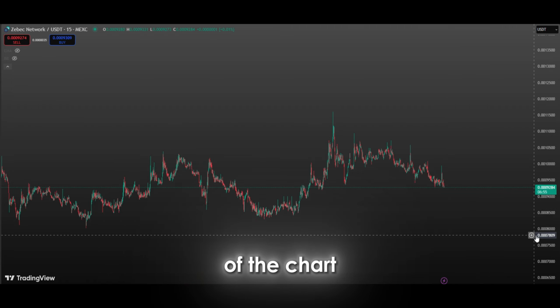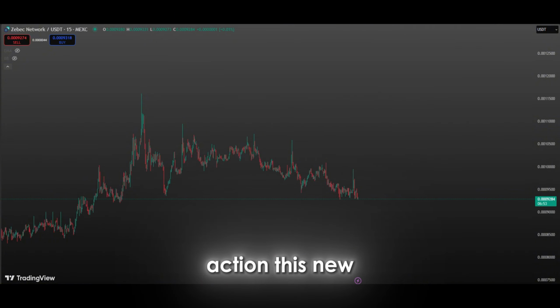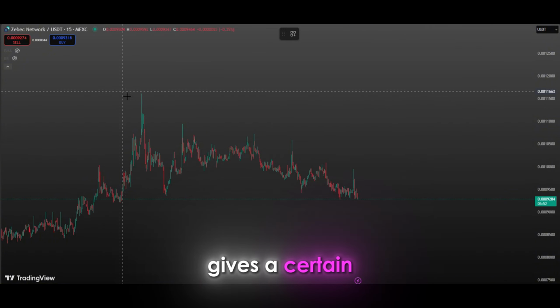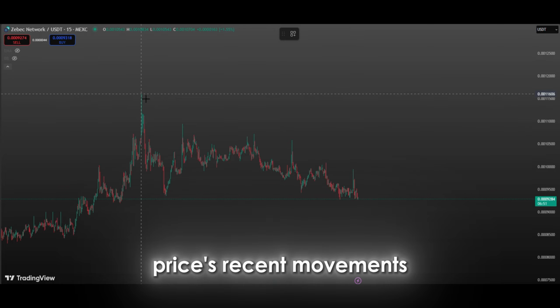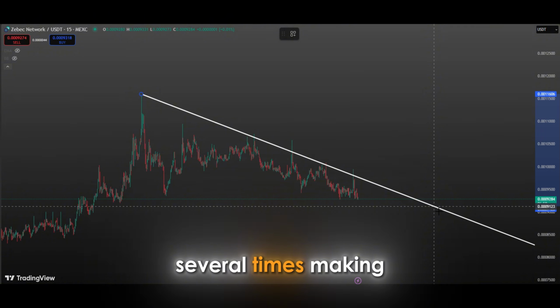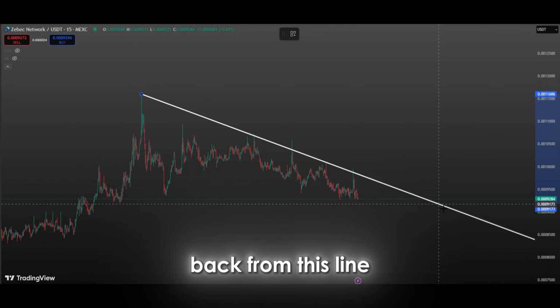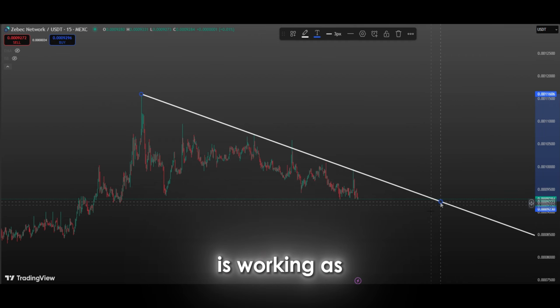A careful examination of the chart reveals a downtrend structure that is just beginning to form on the price action. This new downtrend line gives a certain direction to the price's recent movements and acts as a ceiling. The price has touched this falling trend line several times, making upward moves. However, each time it has retreated back from this line, indicating that the trend is working as a strong resistance